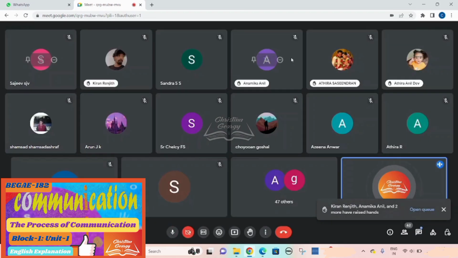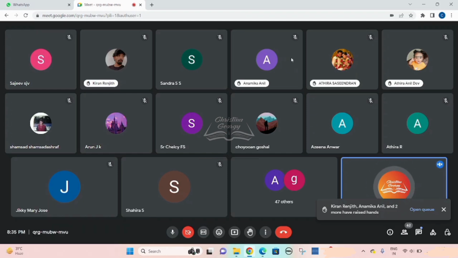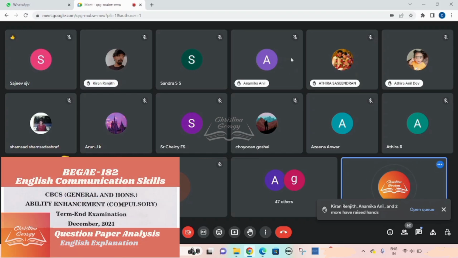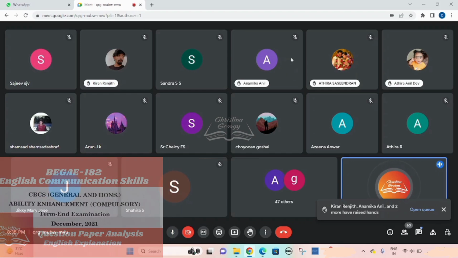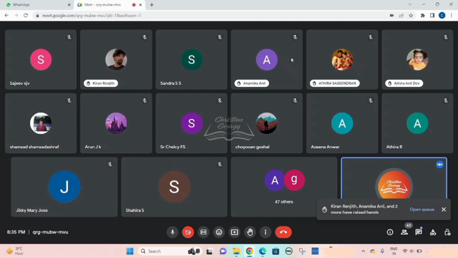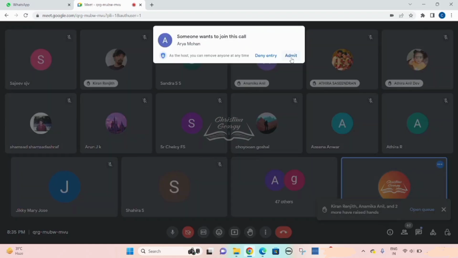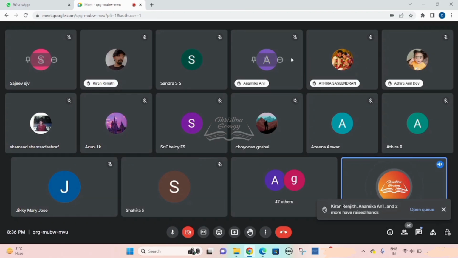That is the significance of this particular unit. Even there could be a question on the elements of communication. I am referring to short questions. So you could expect short questions on the process of communication, elements of communication, and even the role of decoder. That is, when compared to the role of the sender, it is the decoder who has greater importance. Unless the decoder deciphers the correct aspect communicated, the communication will not be successful.